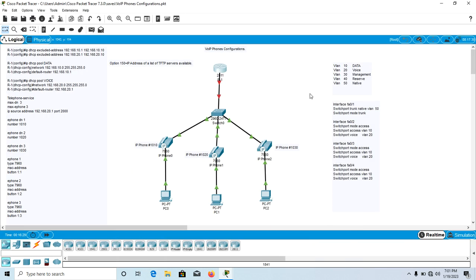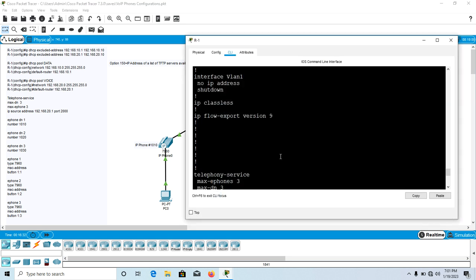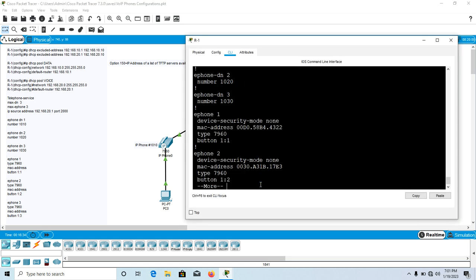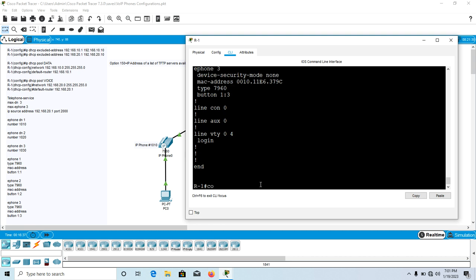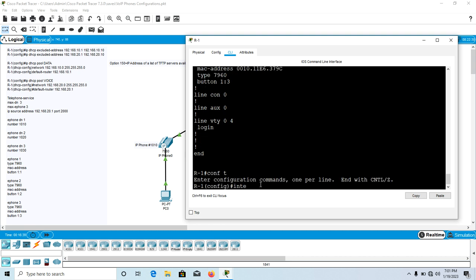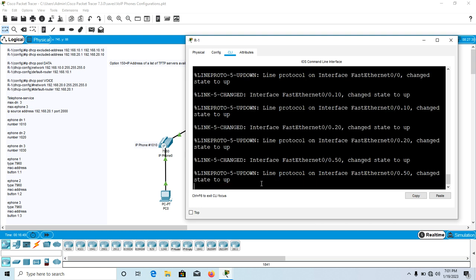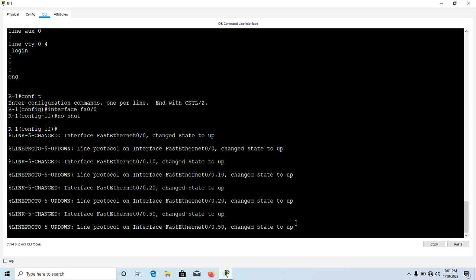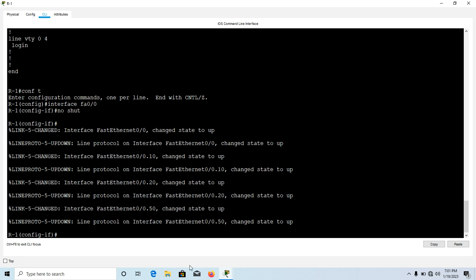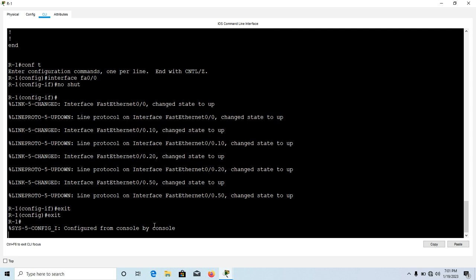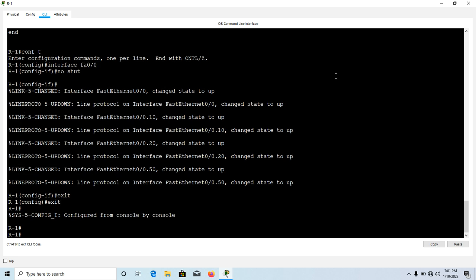Now we need to go to our router, to the main interface. Let's say config, interface FA 0/0, and we say no shut. Okay, now our interface is working. Let's exit. Let's go back,